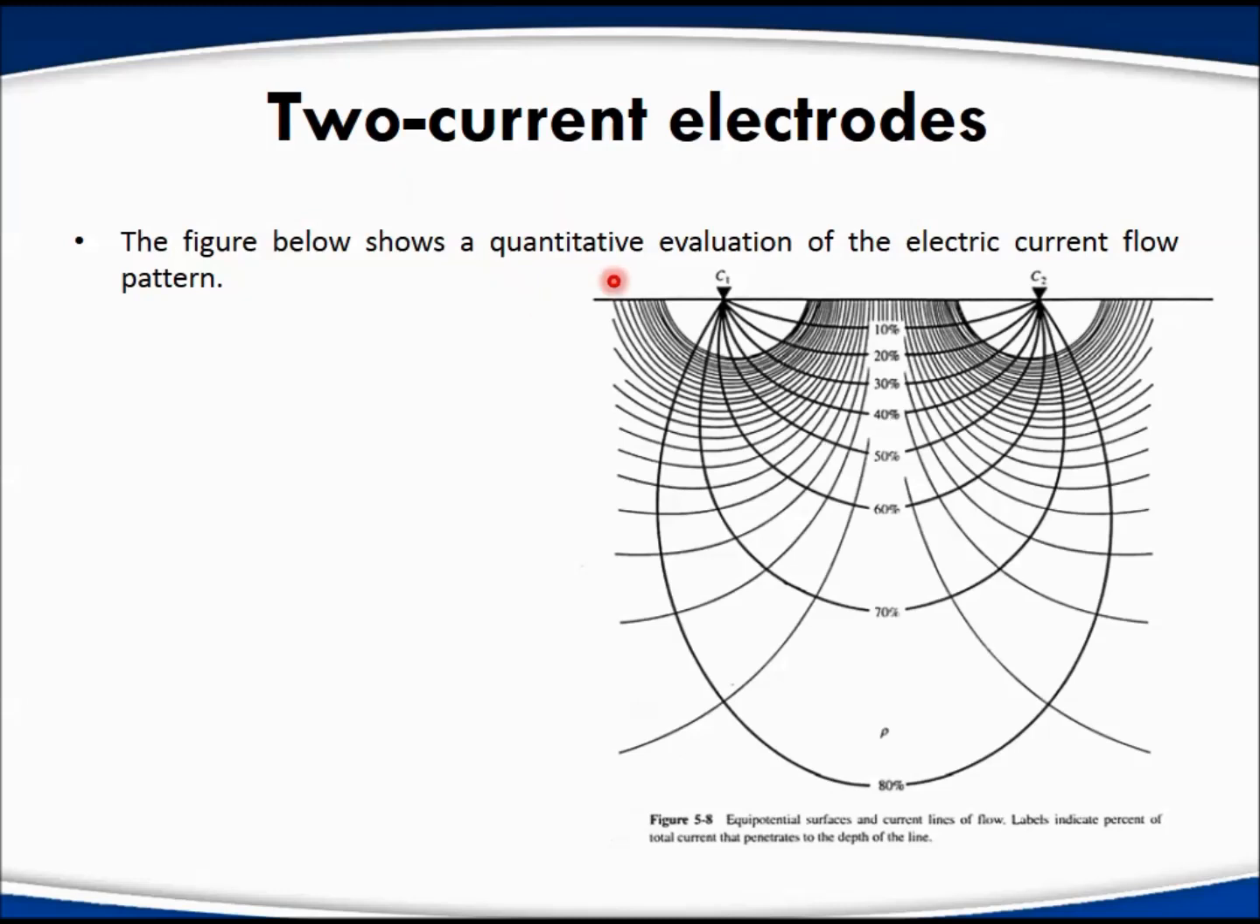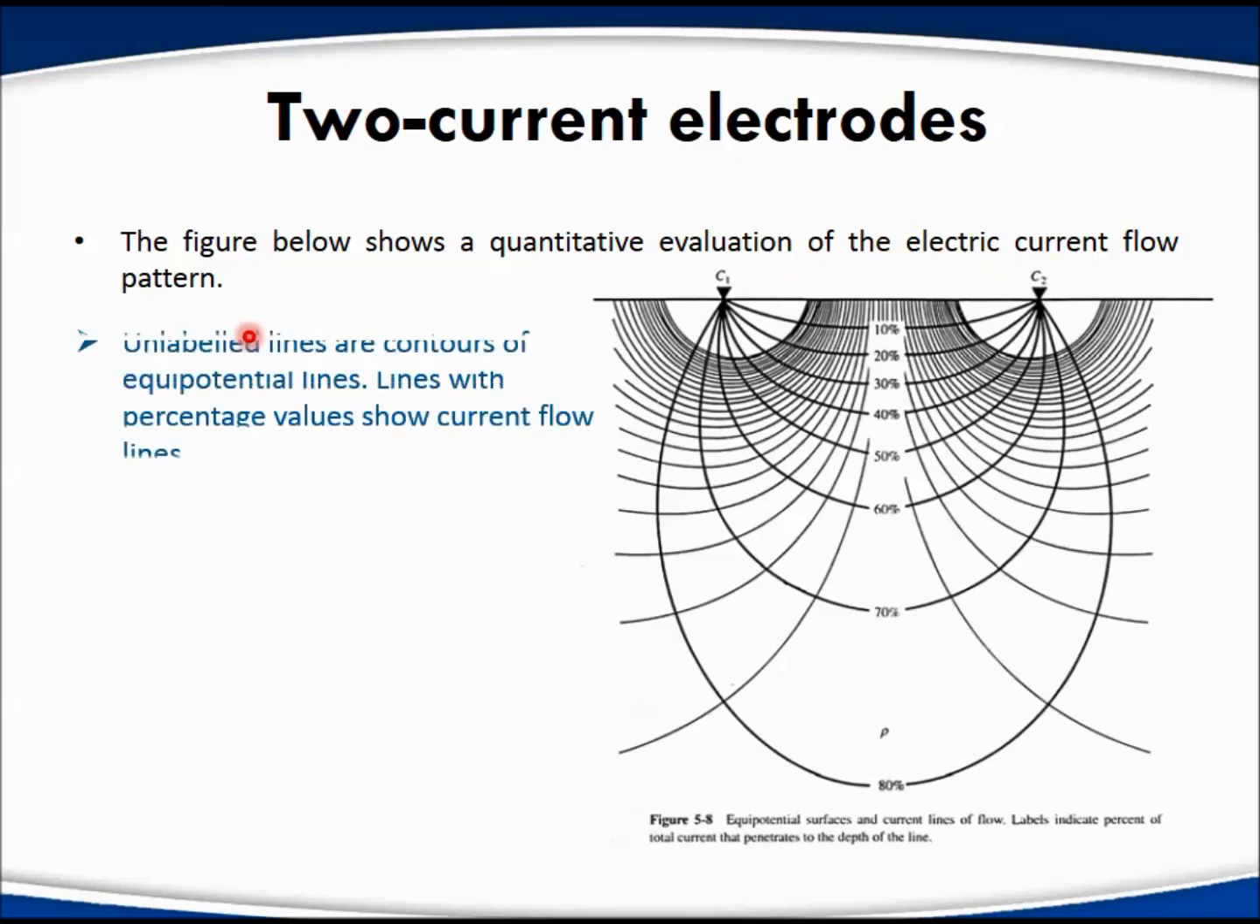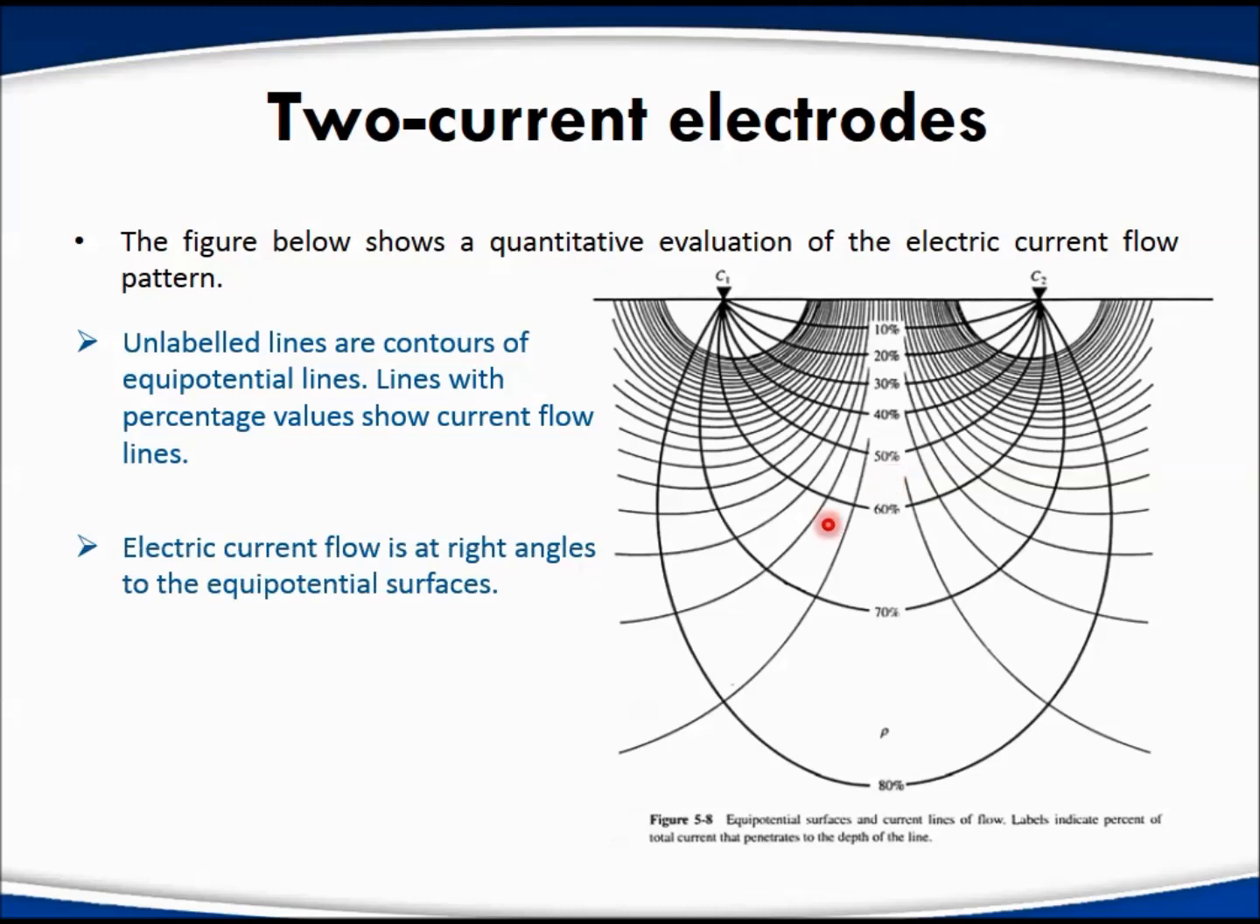So the figure here shows a quantitative evaluation of the electrical current flow pattern. The unlabeled lines are contours of equipotential lines. Here, this is the equipotential lines. The lines with percentage values show the current flow lines. So electrical current flow is at right angle to the equipotential surface, meaning that they are perpendicular to the equipotential,